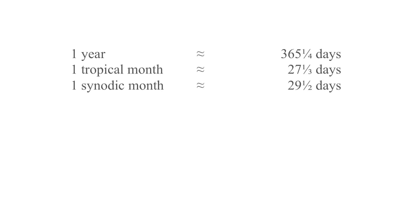There are the numbers, approximately. Consider the top and bottom ones. 365 and a quarter days, 29 and a half days. Months don't fit into years exactly. It's annoying. Particularly as, for calendrical purposes,